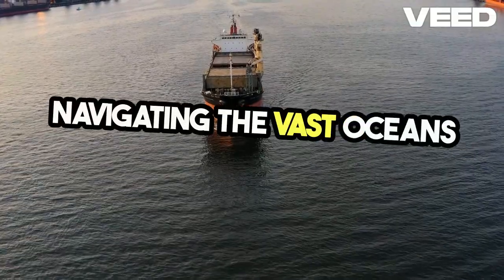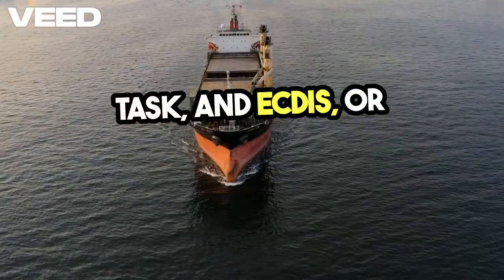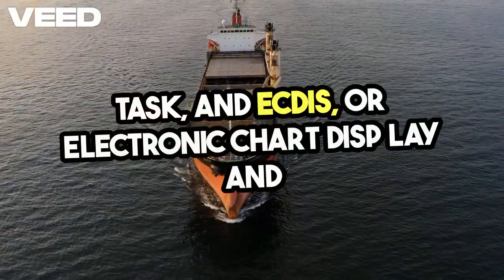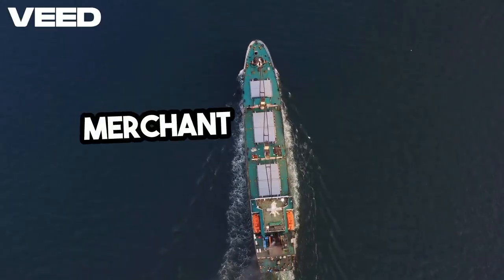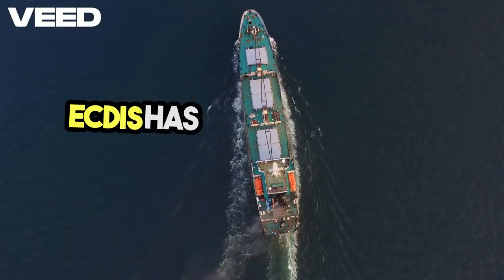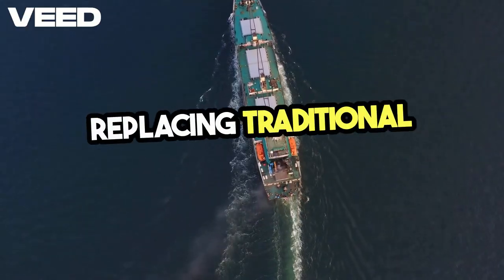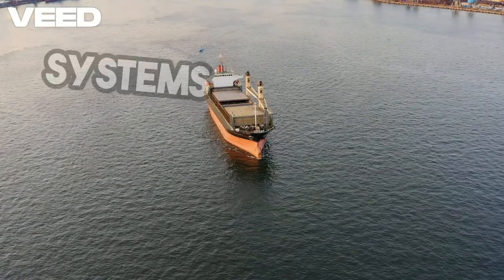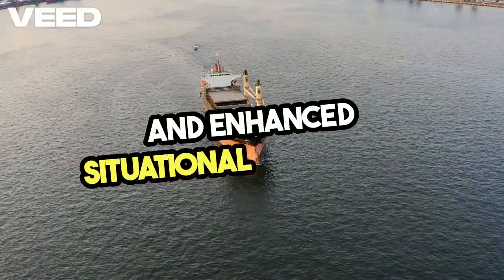Navigating the vast oceans today is a complex task, and ECDIS, or Electronic Chart Display and Information System, plays a crucial role in ensuring that merchant ships can do so safely and efficiently. ECDIS has revolutionized maritime navigation by replacing traditional paper charts with digital systems that provide real-time data and enhanced situational